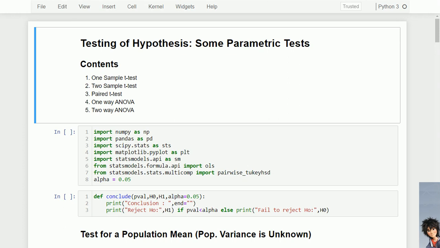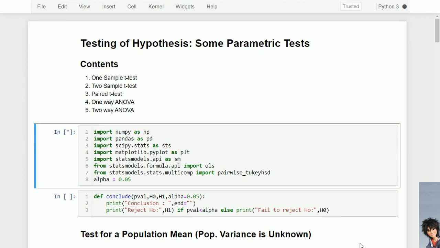After comparing one way or two way ANOVA, if our hypothesis gets rejected, and we know that the treatment mean is not the same for all k treatments or for the block cases, in that case we may need the pairwise comparison of the treatment means or block means. For that we may need statsmodels.stats multiple comparison, pairwise Tukey's test. Now these are the packages required, so let's run this.